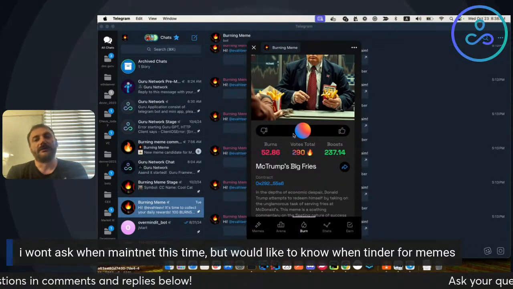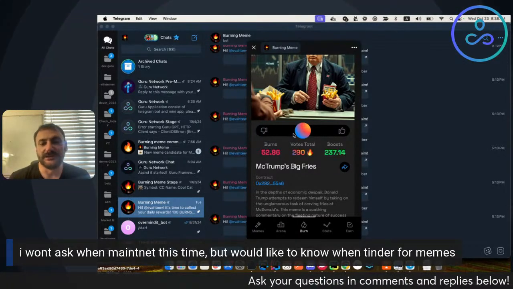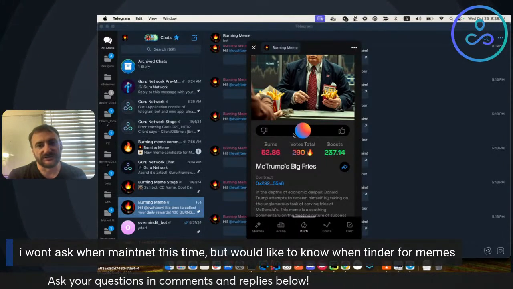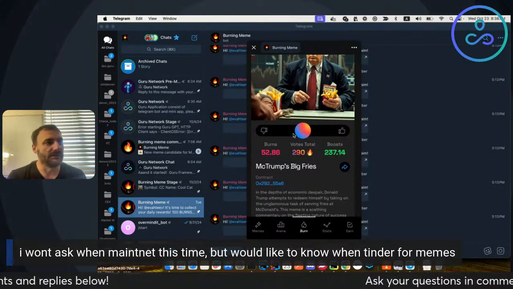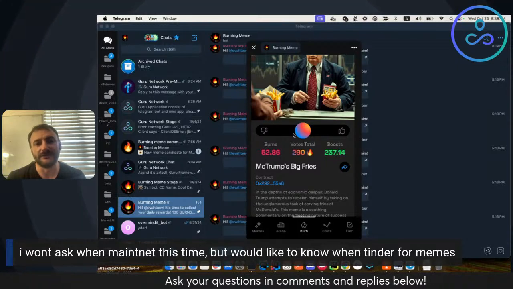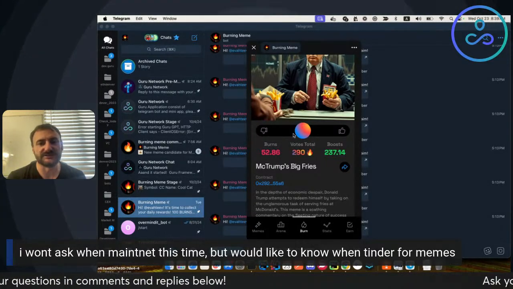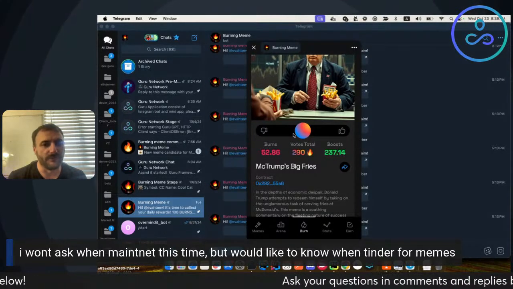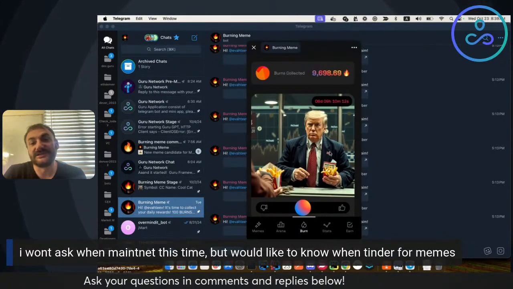So for Burning Meme, the plans are Base as a deployment chain, as well as all those partners who already have some relationships with Burn Meme, so there are some grants involved. I can only talk about Crossfire right now because that's what has been published already by the Burn Meme team, but I know about a couple more partnerships which they haven't published publicly yet. But that's the Tinder for memes.